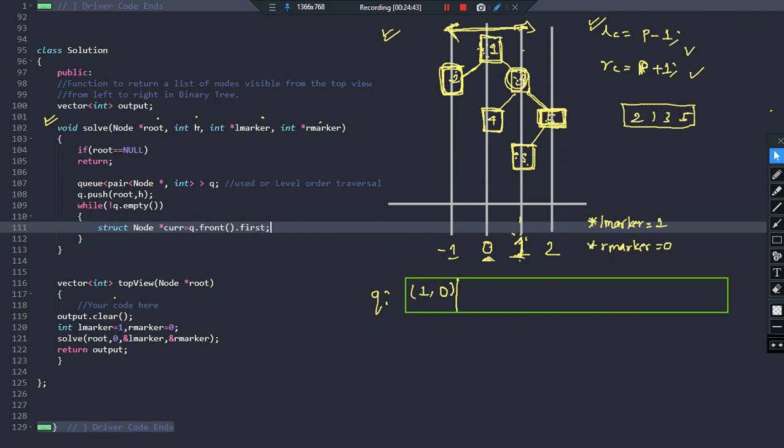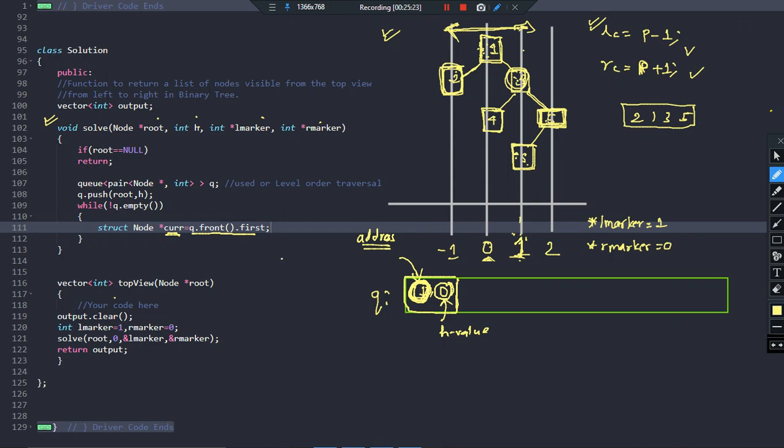Queue dot front is nothing but, you can see, you are storing the address of 1. So remember, this 1 is nothing but the address of 1, and this is basically the h value. Since you are storing two elements in a pair, for all those who are beginners, we write q dot front to access this element, dot first to point to this element and dot second to point to this element. But I'm writing dot first because the address of the node is here. So current will point to q dot front dot first, that is, it will point to this address, this node. So current will point to which node? Node 1. Got the point?